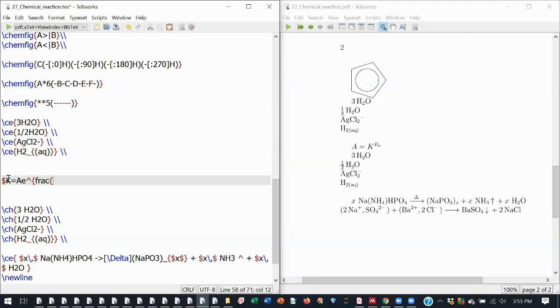Then e underscore a, another rt, close the bracket, and the dollar sign.